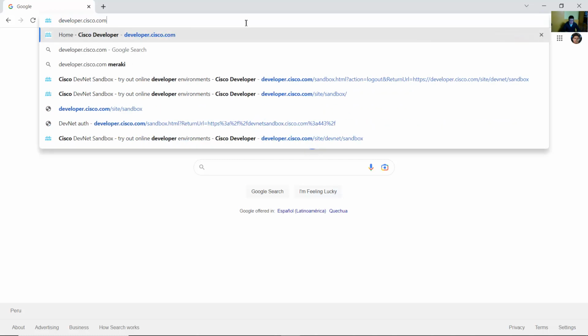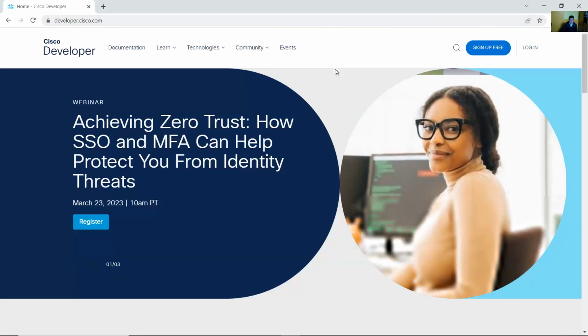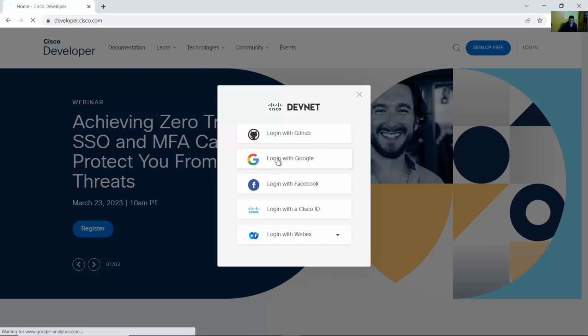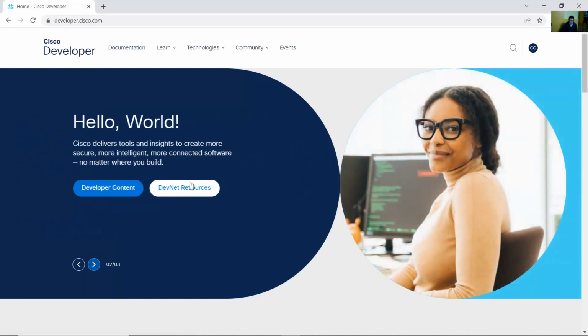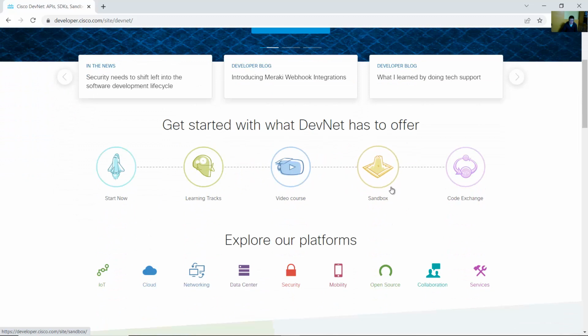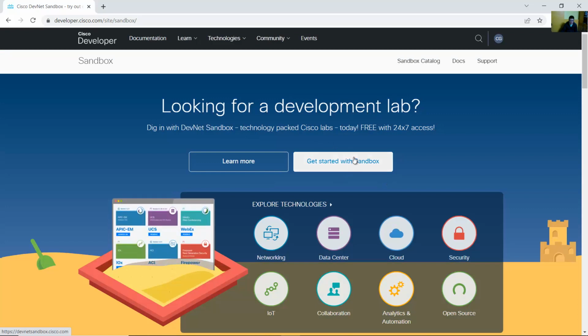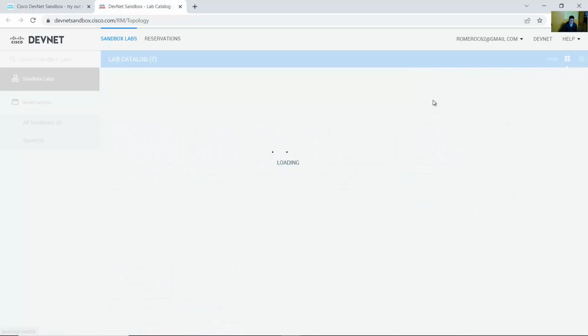Go to developer.cisco.com. Login. You can log in with Google. Here you can choose DevNet resources. Sandbox. Get started with sandbox. And on regular you can choose